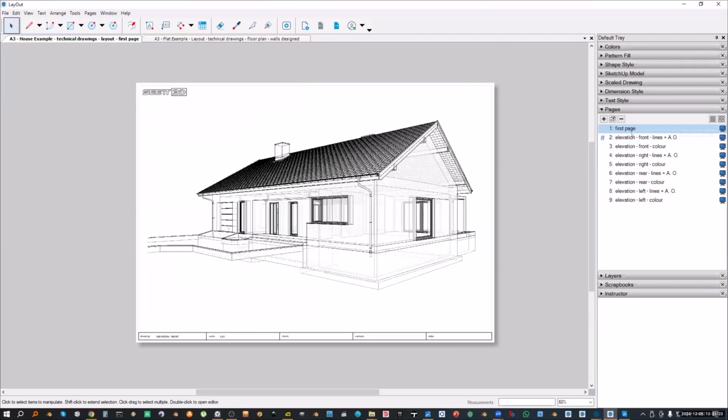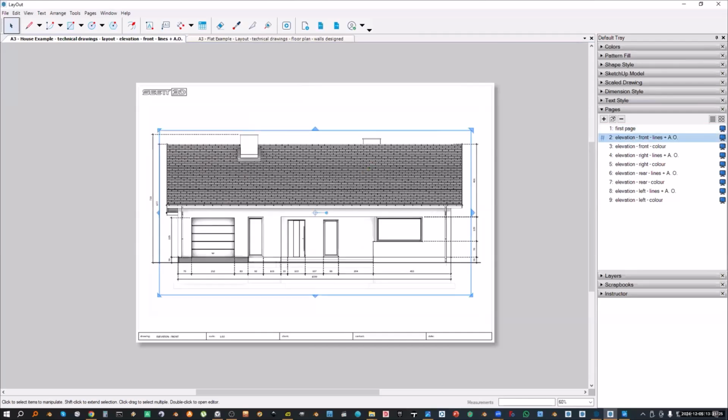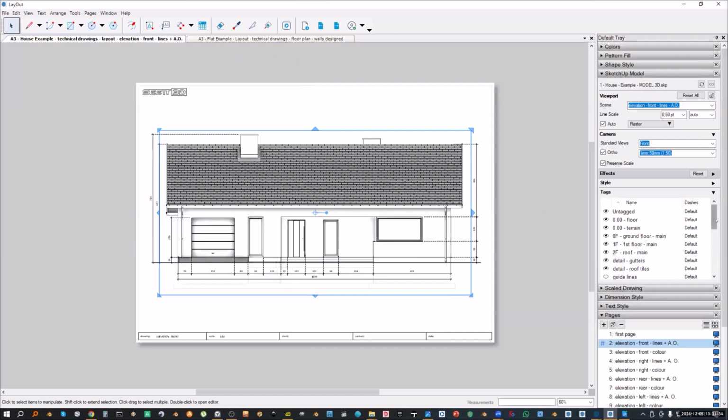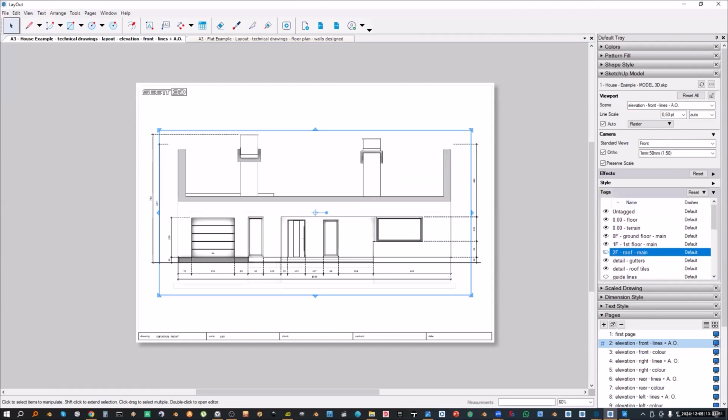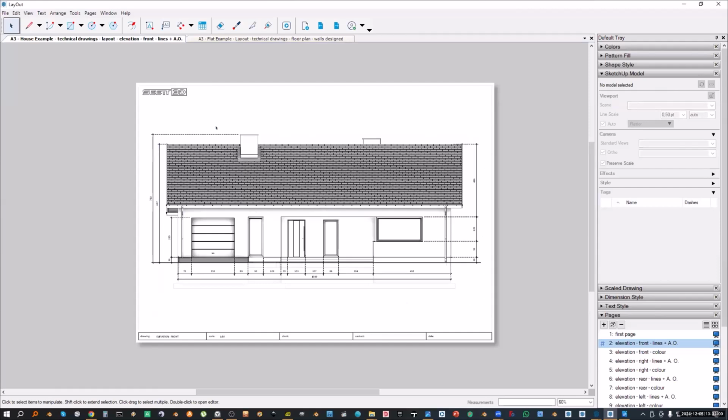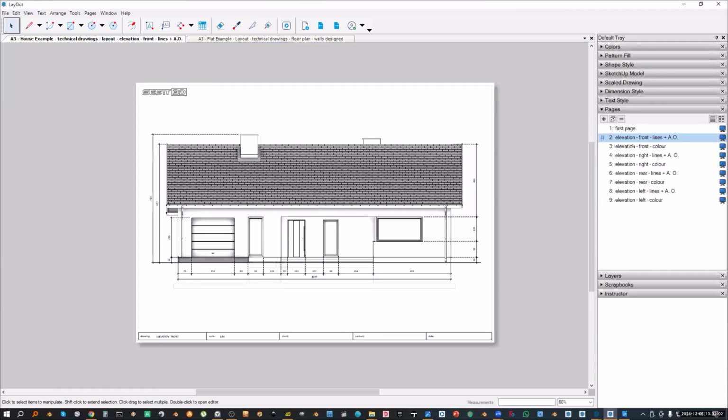Okay, so here we have some pages already, and we have direct access from layout, with the SketchUp model panel, to the tags. So if you are, and you should be, using tags in SketchUp, because then in layout you will have that direct access to each piece of the data. So let's say I would decide to switch off the roof on that drawing. I can do it very quickly inside layout, and it will influence only that specific page,